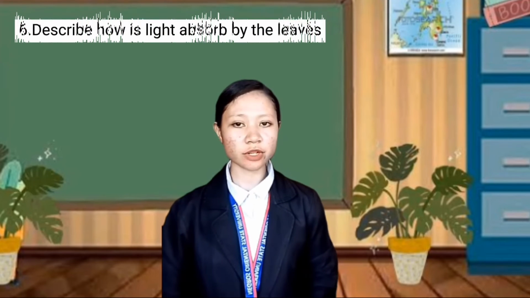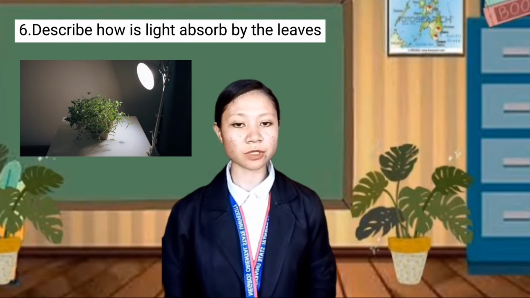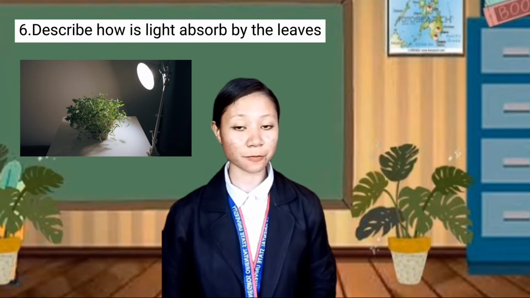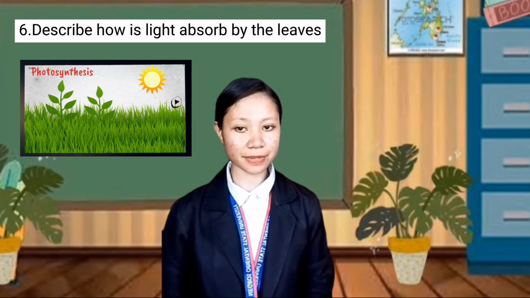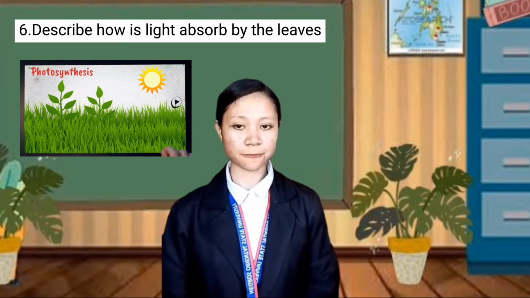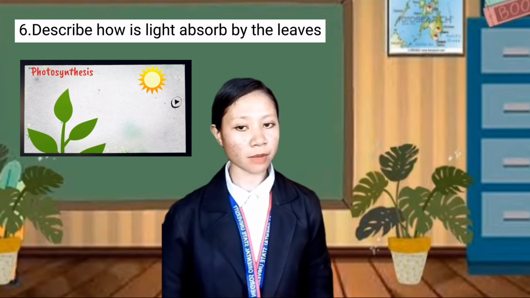Let's proceed to question number 6: describe how light is absorbed by the leaves. Photosynthesis depends upon absorption of light by pigments in the leaves of plants. The most important of these is chlorophyll a, and chlorophyll b also plays a role. The measured rate of photosynthesis as a function of absorbed wavelength